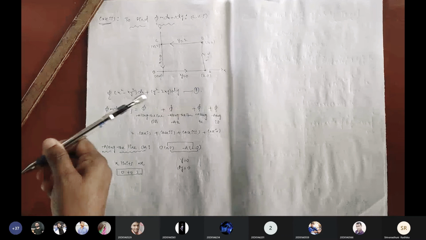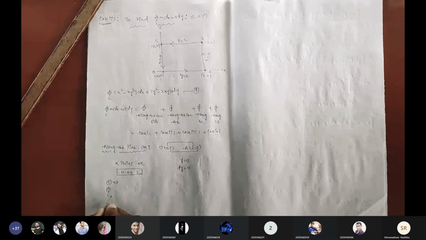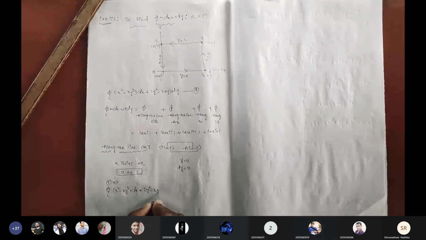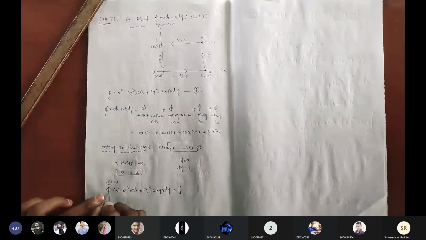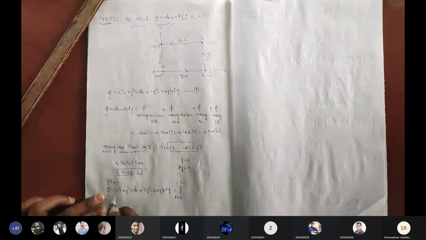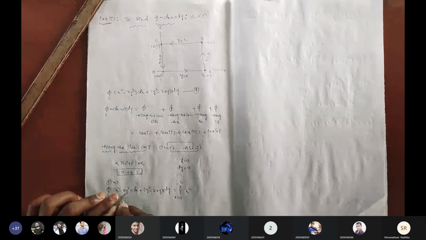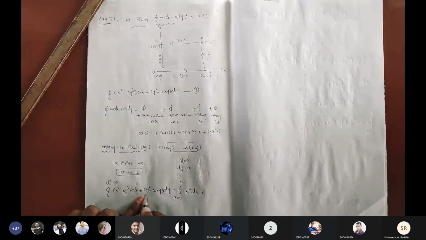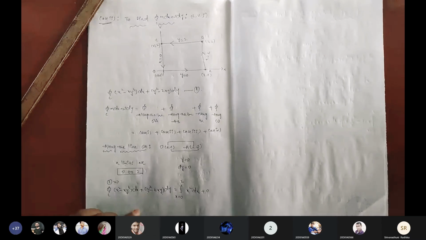Now see here. Same as it is, equation number 1 implies line integral over curve C of (x square minus xy cube) dx plus (y square minus 2xy) dy. I'm going to substitute here. This integration goes over x limits, x equals 0 to 2. Y is 0. Here x square minus 0, that means only dx. Plus y square equals 0, minus 2xy is 0, dy is 0, complete 0.